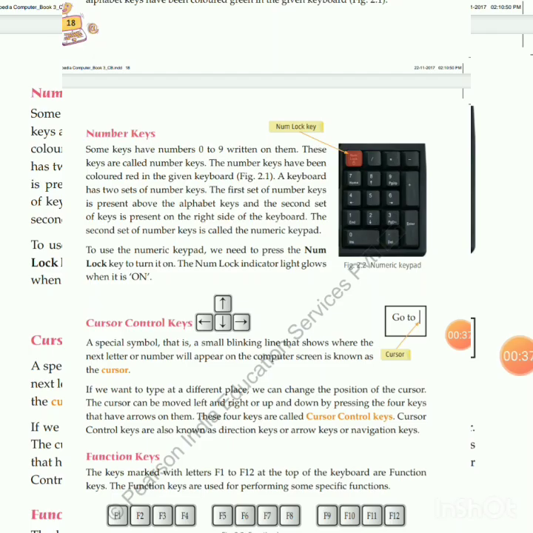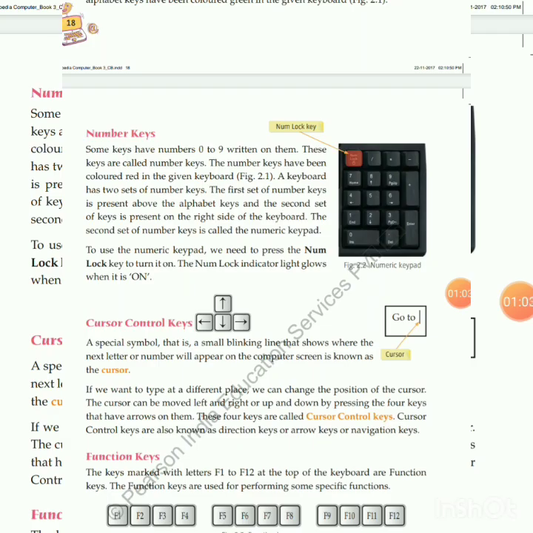F5 allows you to refresh or reload the page or document window. F6 is used to move the cursor to the address bar in most internet browsers. F7 is used to spell check and grammar check a document in Microsoft applications such as Microsoft Word.